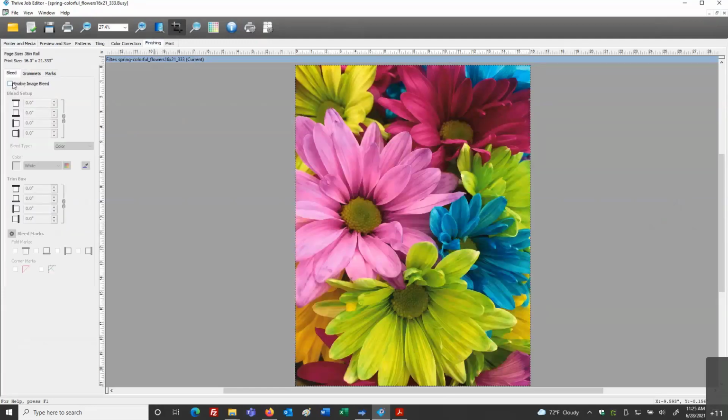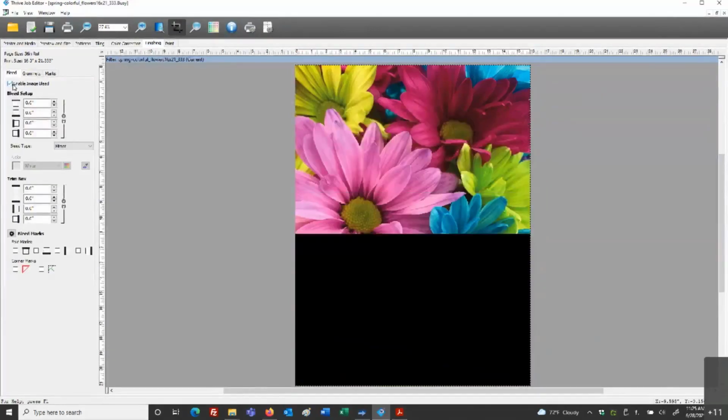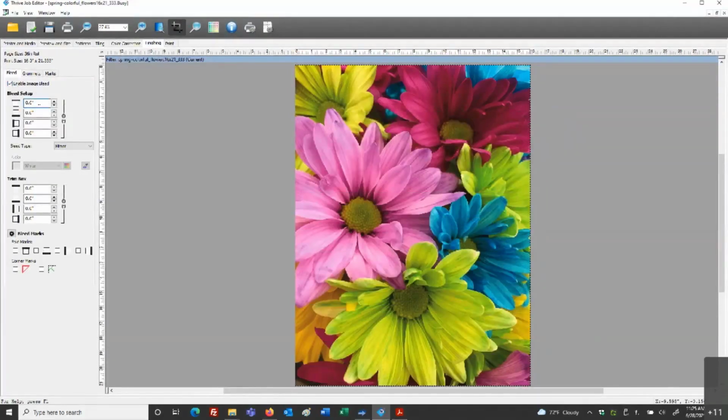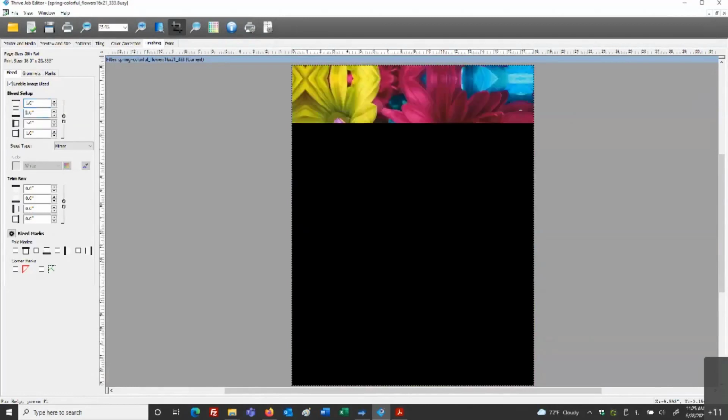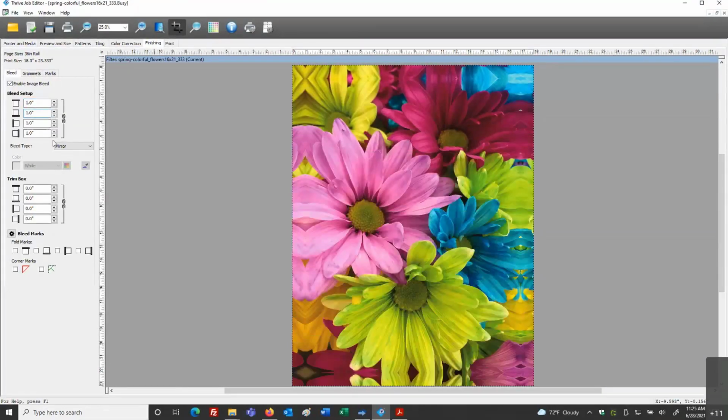And first I will enable my bleed, image bleed, and I'll set the amount. And I'll put this as a 1-inch top, bottom, left, and right bleed. Now this can be distinguished to be different values. If I break this link, I can put in top and bottom 1 inch and left and right 0. If I didn't want that to be bleeding as well, you can put in independent values when we break that link.